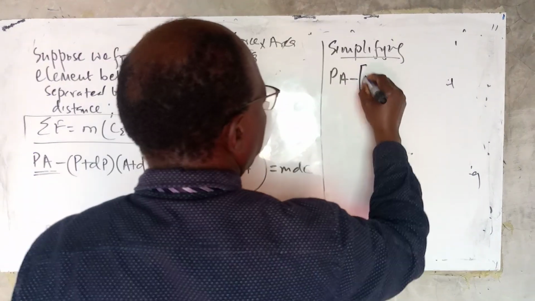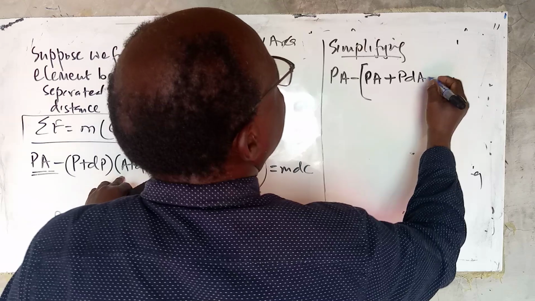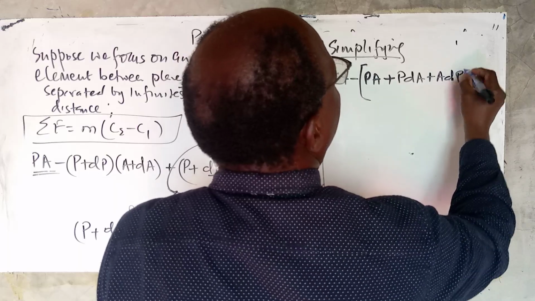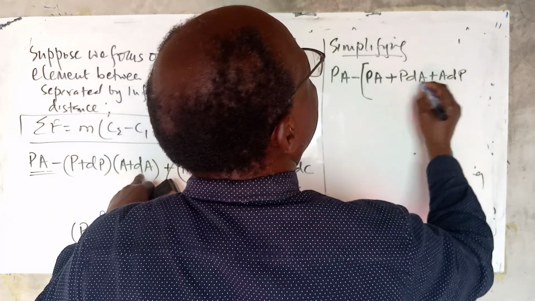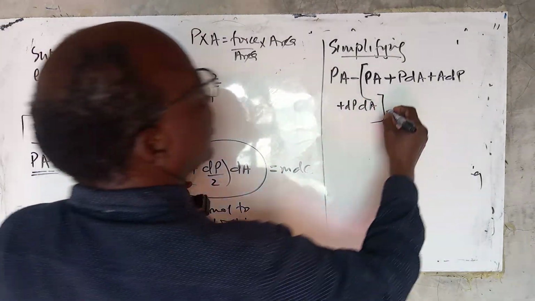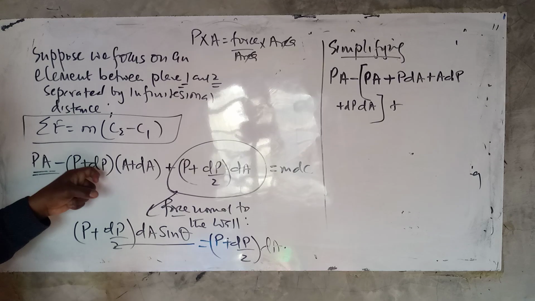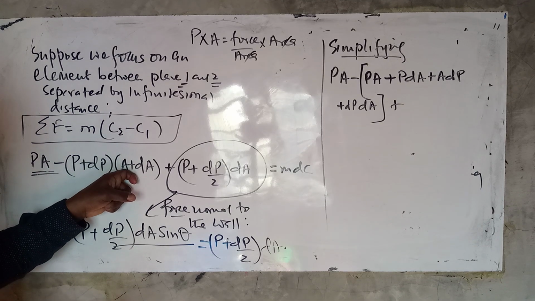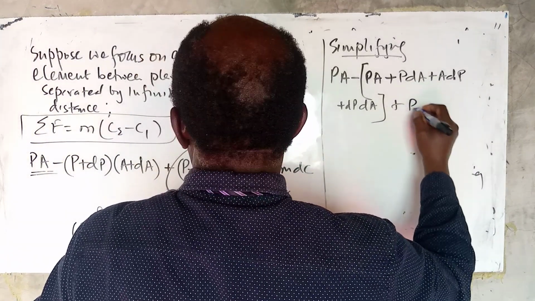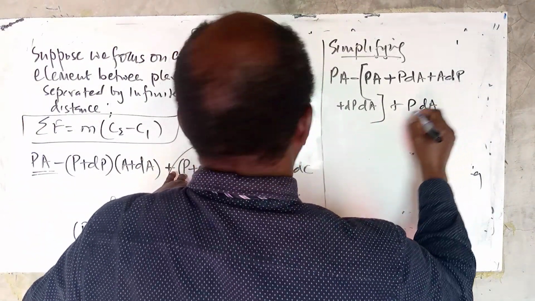So we get PA plus PdA plus AdP plus dPdA plus, let's open up, multiply that, PA, PdA, AdP. You don't write dPA, no, it's AdP and dPdA. And then we have P plus P times dA will give us PdA plus